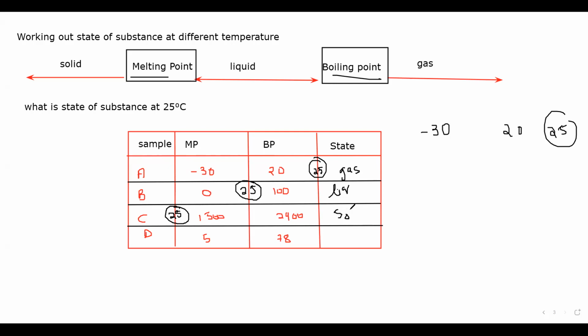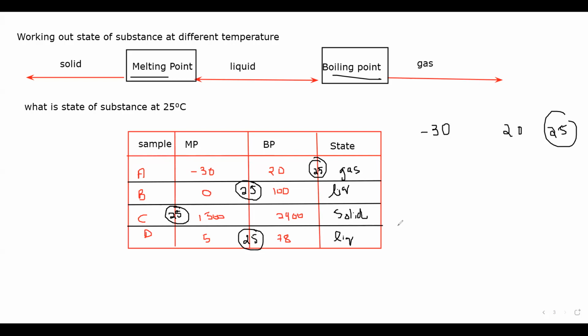It will be a solid. And what about D, 5 and 78? Where will 25 come for sample D? It will be between. If it is between, then what will be the state? It will be a